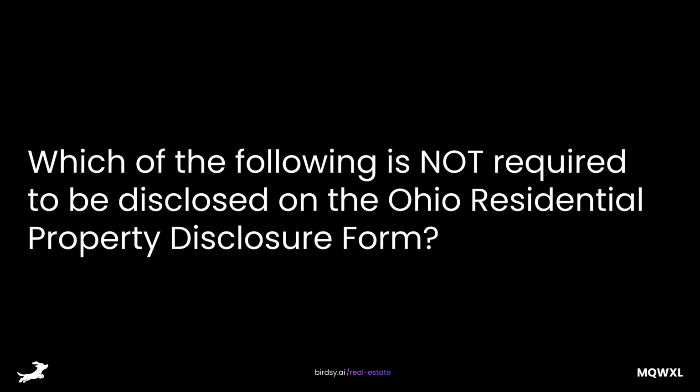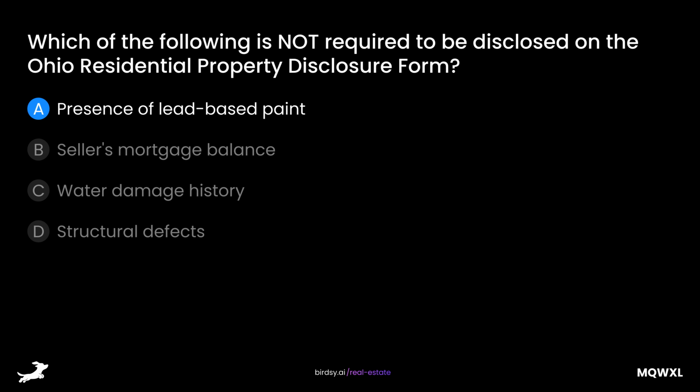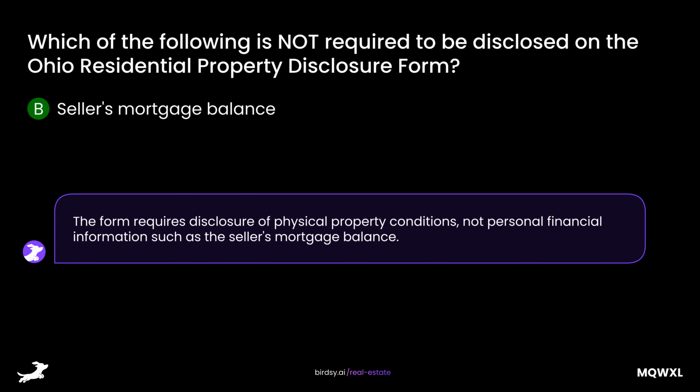Which of the following is not required to be disclosed on the Ohio Residential Property Disclosure Form? Is it A, presence of lead-based paint, B, seller's mortgage balance, C, water damage history, or D, structural defects? The answer is B. Seller's mortgage balance. The form requires disclosure of physical property conditions, not personal financial information such as the seller's mortgage